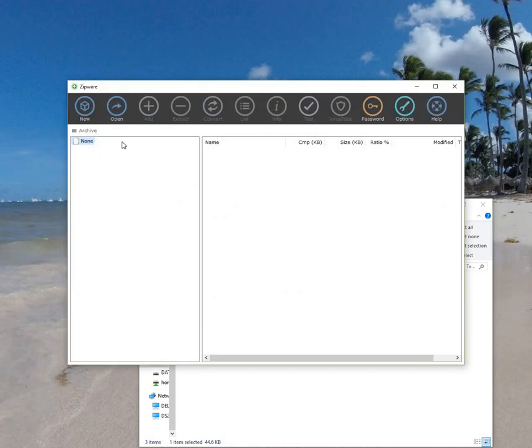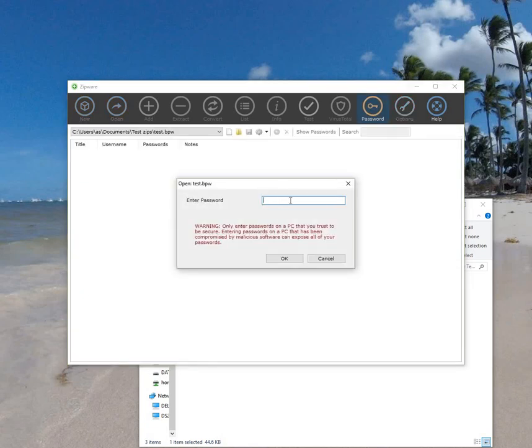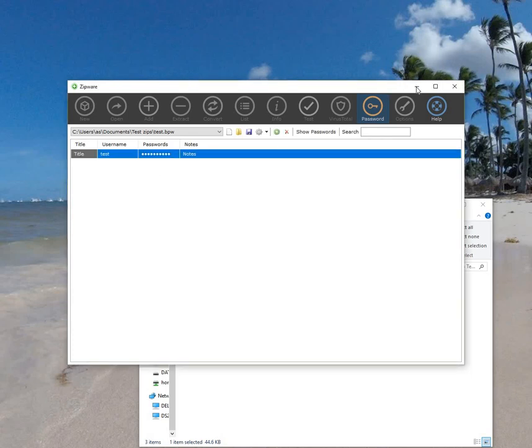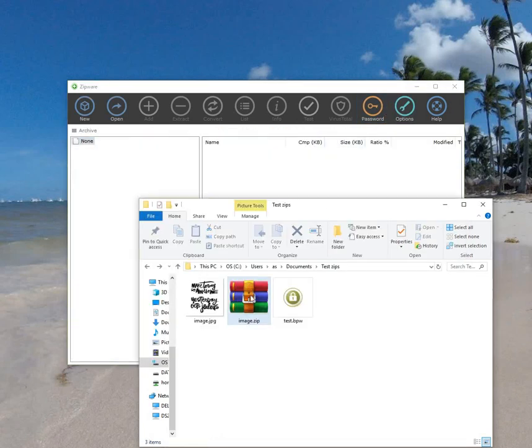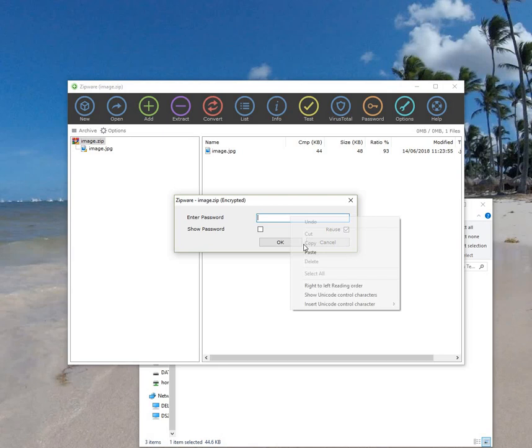So you can see once you close the program, the passwords go. You have to then open the password manager by typing in the password, master password, and then it'll reveal it. Once you've done that, close this. Now I'm going to put the zip file in there. It's opened it. So there's an image in there, and if you click convert, enter the password,